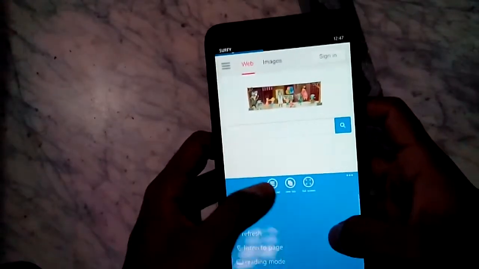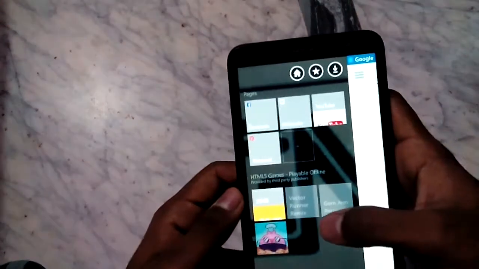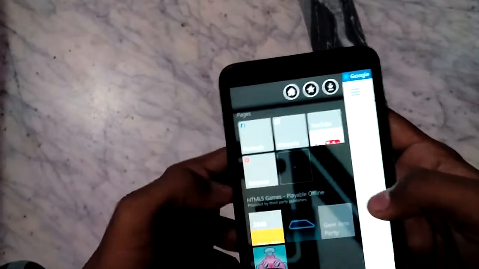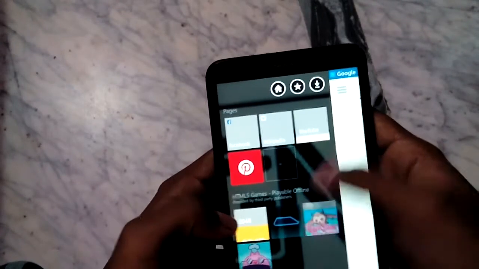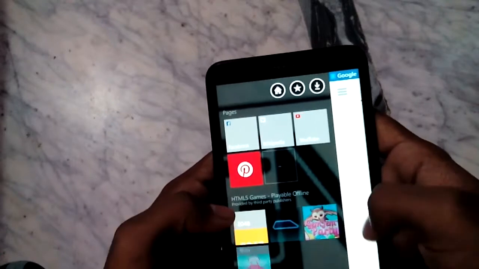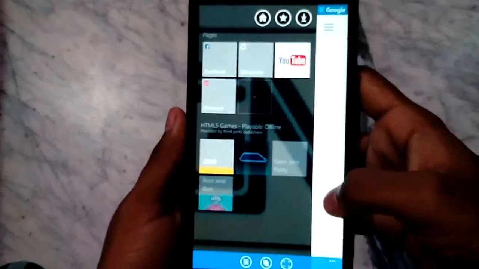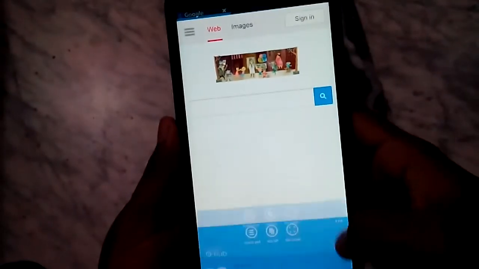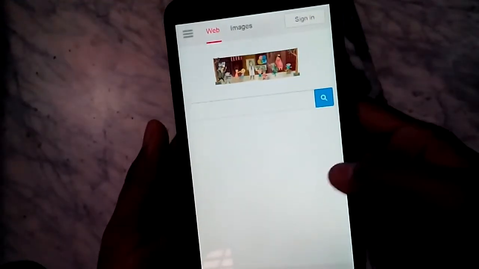And it also has something called a launch page, which has some favorites, downloads, and home screen. And we have some pages which I use mostly, and some HTML online playable games are also listed here. We can download those games to our browser, and we can use them. And here we can also manage multiple tabs. By tapping on the close button, it will automatically close the tab. And here we have something called full screen.